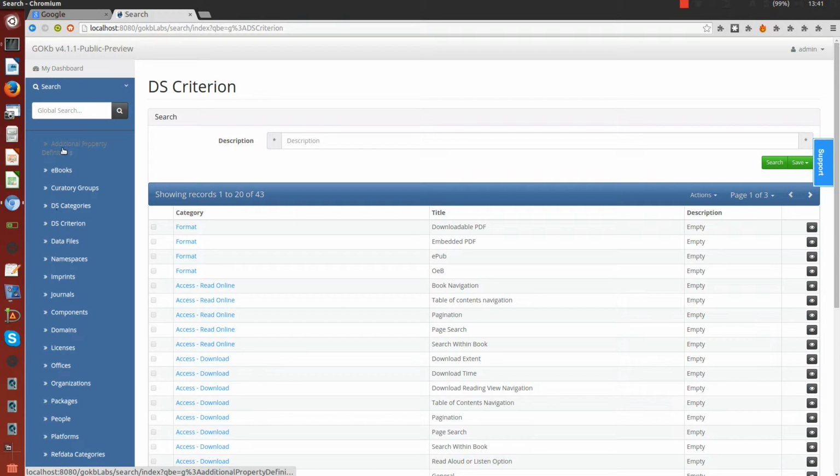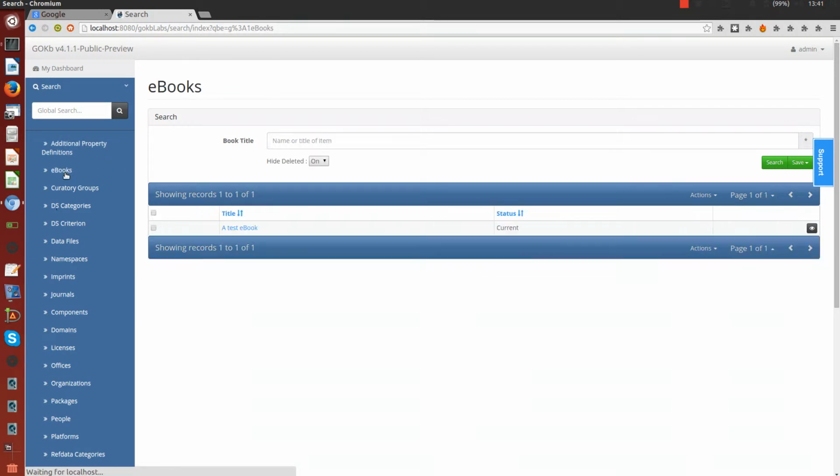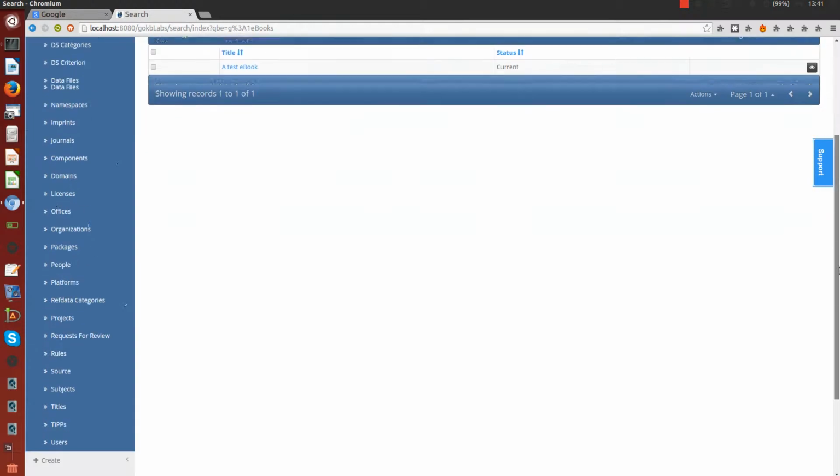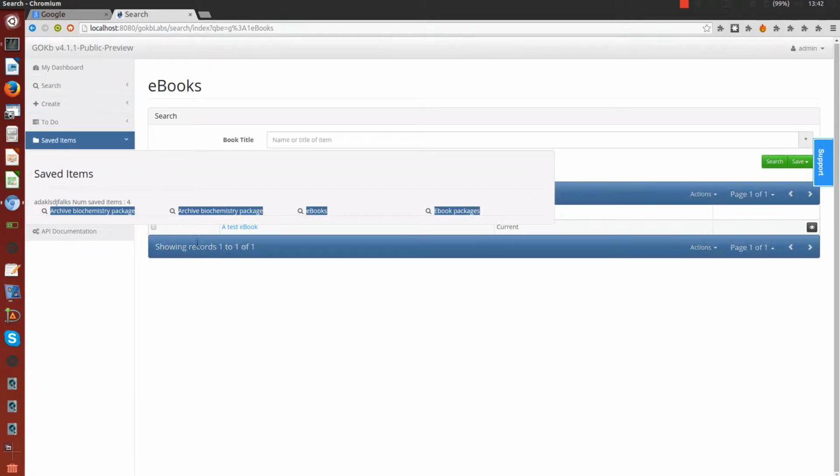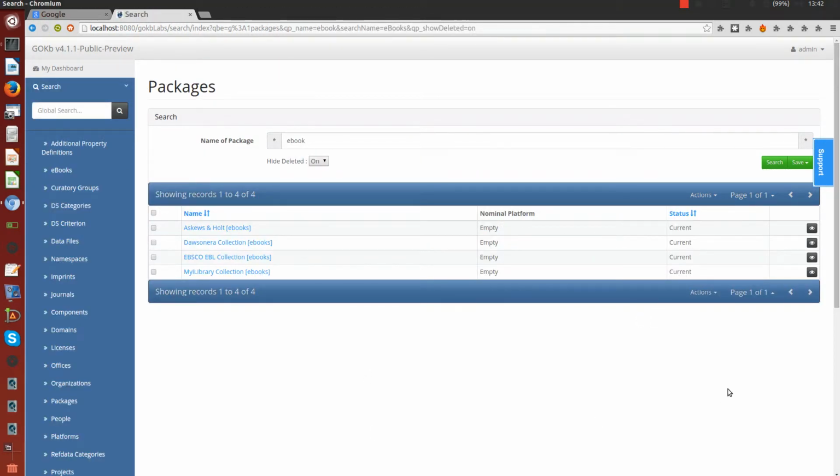What we need to do is have a look at this, because we're thinking that you can record decision support information at many different levels, so maybe the package level, maybe the individual title level, maybe the platform level. So what we'll do is we'll take a quick look at packages, and I think I have a saved search somewhere. There we go. So ebooks. So this is my saved search for ebook packages, and if I click on this,